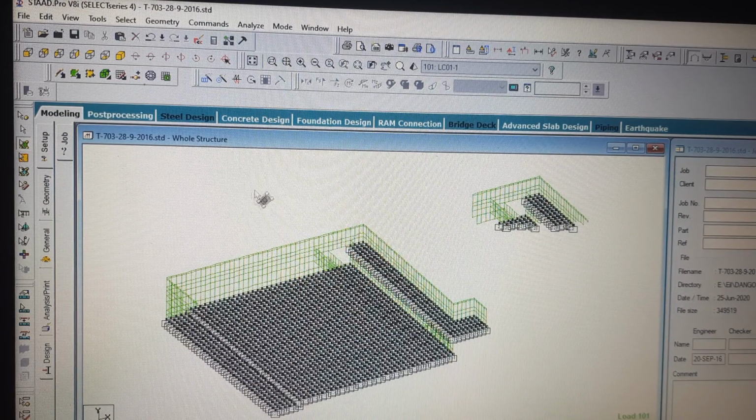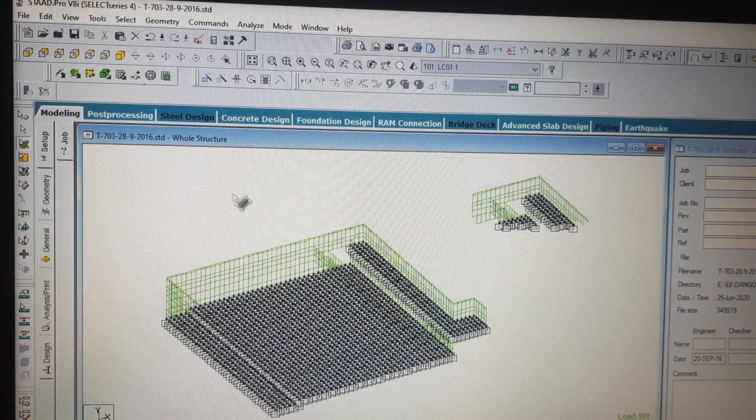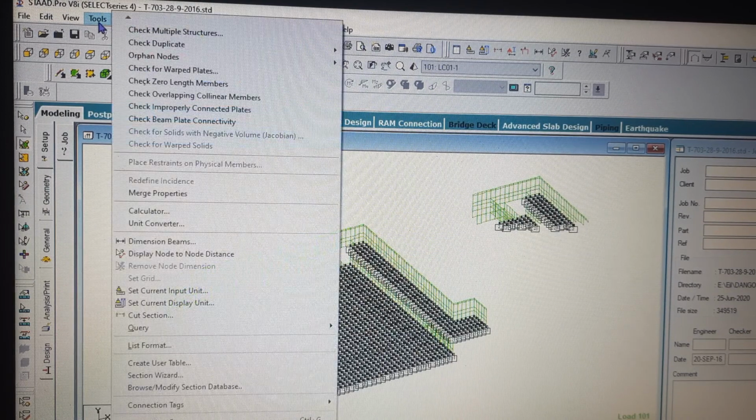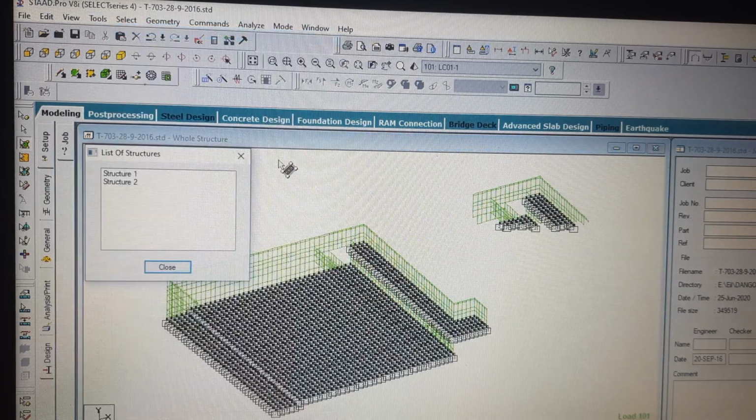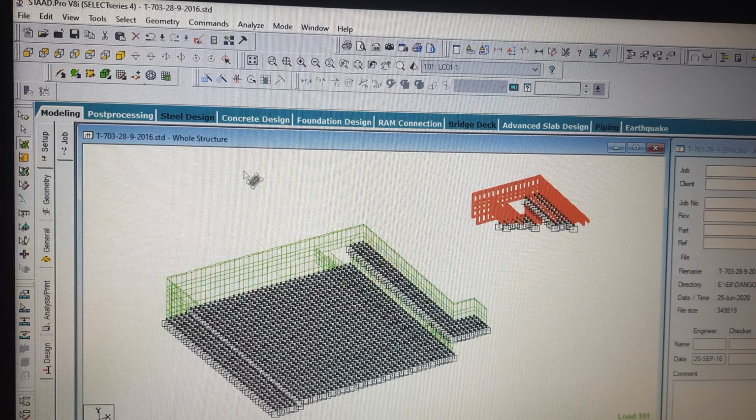For a big structure it happens that some parts are left out. In that case this functionality is useful for checking whether any part has been left out. If you check multiple structures right now, you will see it is showing two structures. Structure 1 is this and structure 2 is this. So in that case this functionality is very useful.